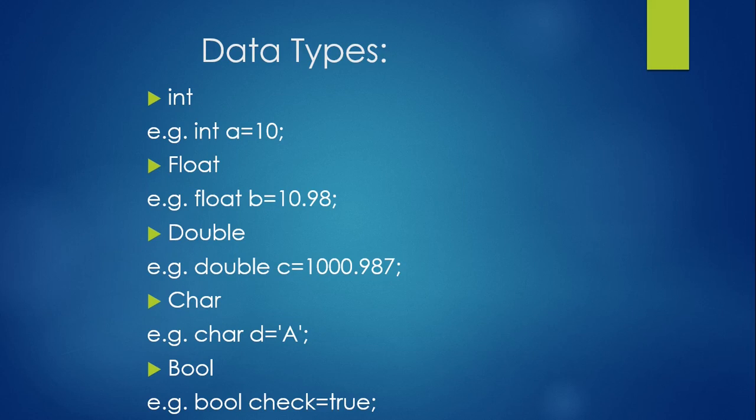If you want to include decimal numbers, you are going to use the float data type. The float data type uses more memory than the integer data type, and it is used to store numbers with decimals. Here we have double. It is the extended version of float. If you want to store a greater number that is unable to be stored in float, you can use double, and it uses more space than float. Then we have char. It uses only 1 byte. It is going to store only one character. As you can see here, char, d, and a.